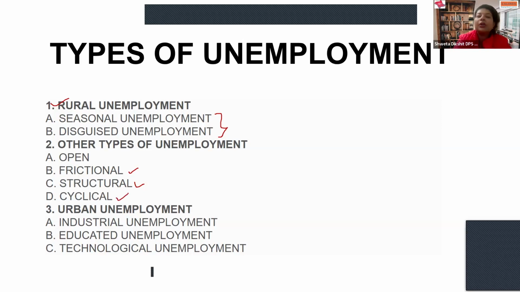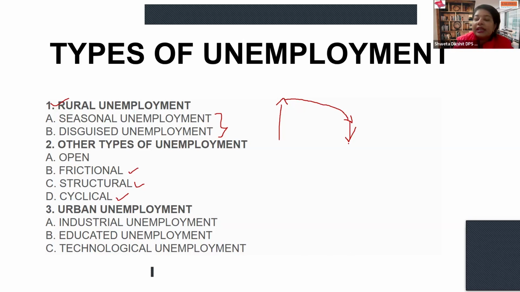Cyclical unemployment is because of the economic conditions. Being economics students, you must know that there is an economic cycle in the economies of the world. Sometimes there is a boom in the economy. When there is a boom, it's not always healthy. Then there can be conditions of recession. When there is recession, the economy starts falling down. But if it keeps coming down and the situation is not able to be handled, it continues to go down. This is called economic depression.